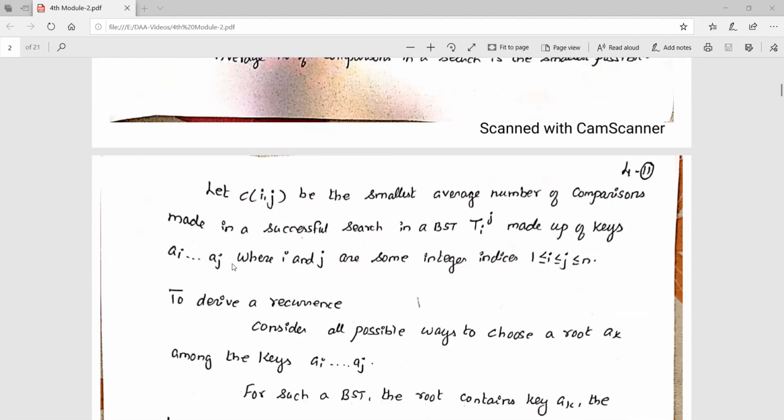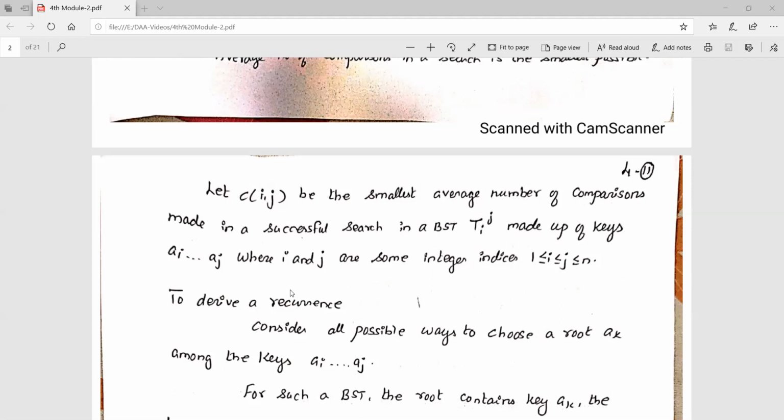Whichever values you take, I and J should be integers between 1 and N, where N is the number of keys. Now we have to identify C of I comma J. Here you have to derive the recurrence. So how will you derive the recurrence?